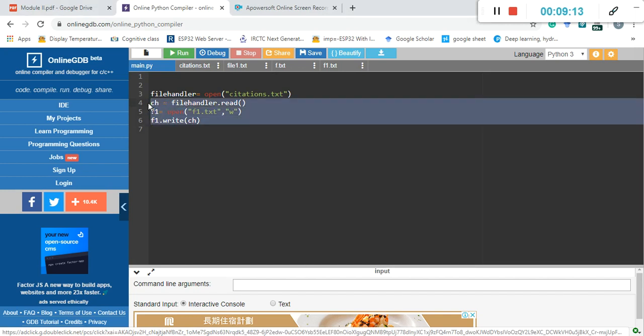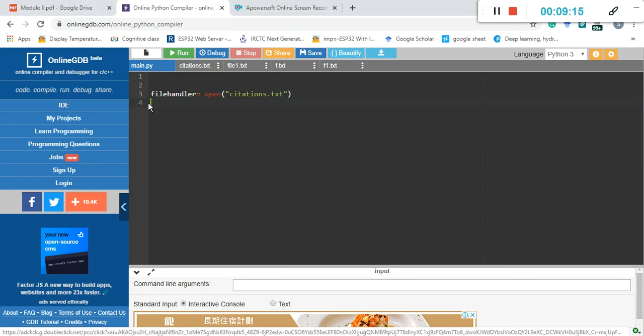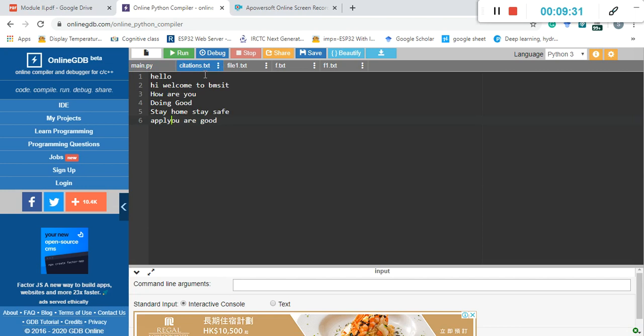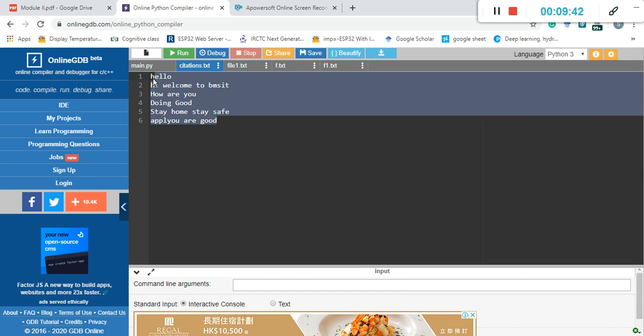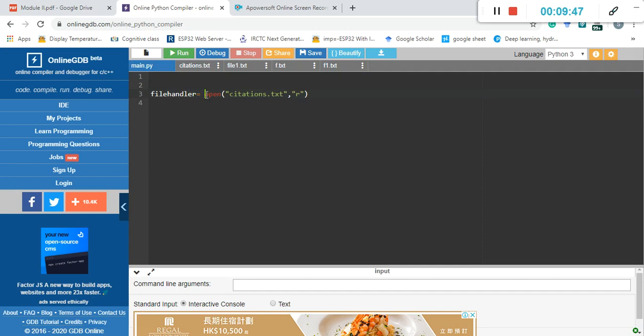One more thing: whenever you try to open any file, by default it will open in read mode, whether you specify R or not. Say I have created, since it is an online compiler, one file called citations.txt, created manually, and I have stored some set of lines in it. Now I am trying to open this file in read mode.